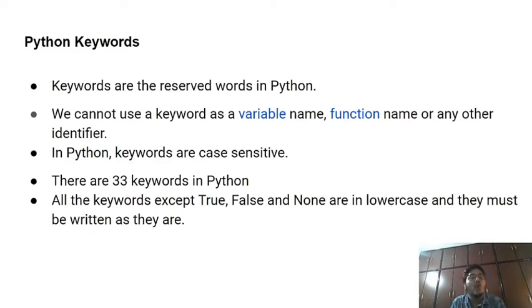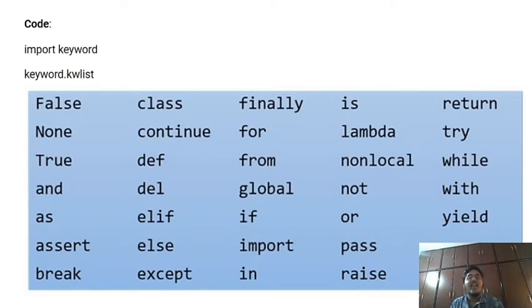Let us look at what keywords we have. See guys, there are 33 keywords. Don't panic. Don't memorize these keywords by heart. Finally, at the end of our series, you will be learning all these keywords, and I will be showing you the slide at the end of this course also, where you need to have mastered them. You need to know how to use all these keywords at the end of this course.